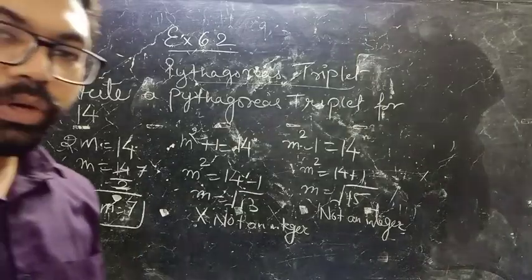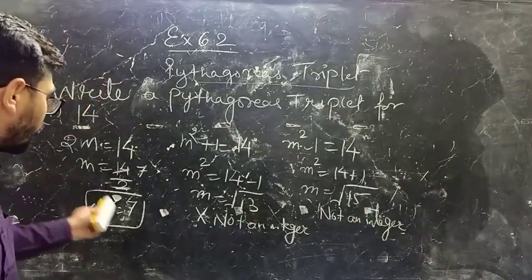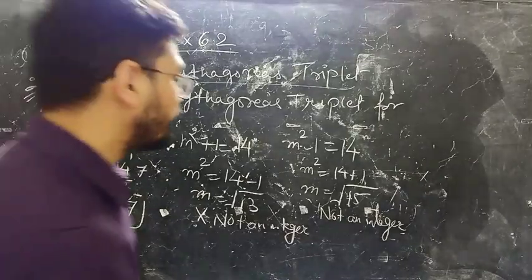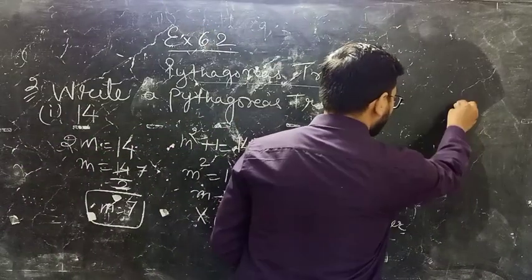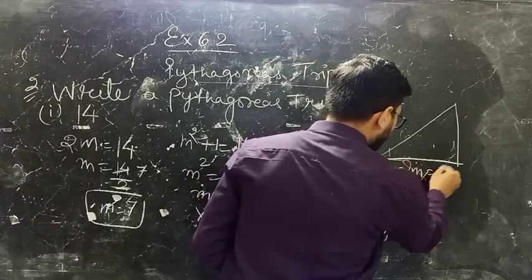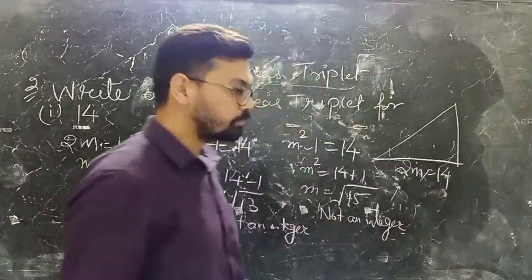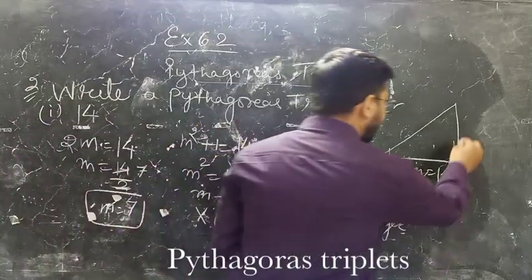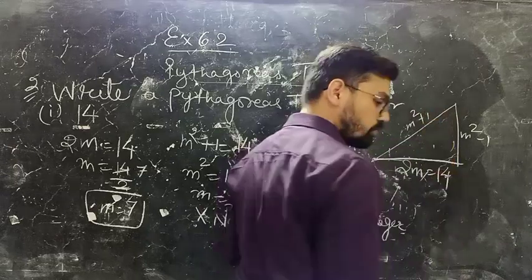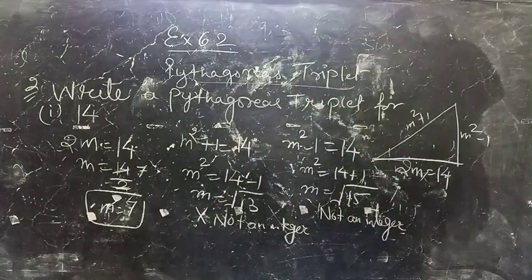So which value you are going to choose? m is equals to 7, that is 2m is equals to 14. Okay, that means 14 is this side, 2m is equals to 14, this side is 14. Okay. Now I can calculate m square minus 1 and m square plus 1. Right? Please note it down fast so that I can rub this portion.